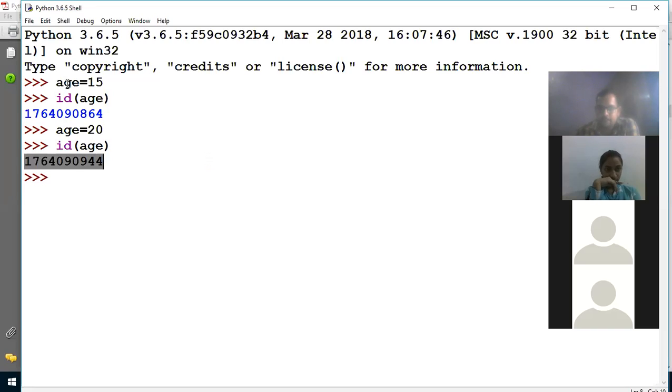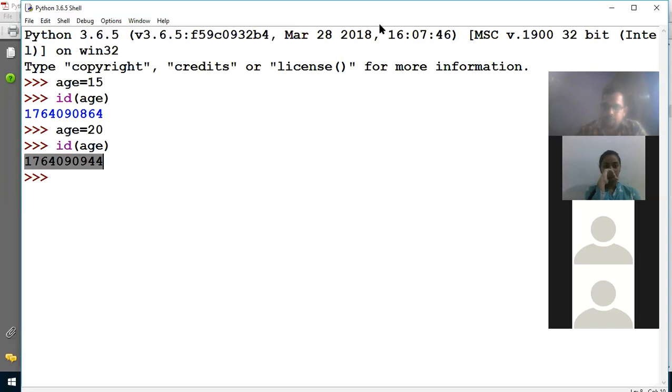The age variable is the same, but we are storing a different value in it. In the first age we are storing 15, and in the second age we are storing 20. But when we check, the address of this variable is different from the next age variable. This happens in the Python programming language.